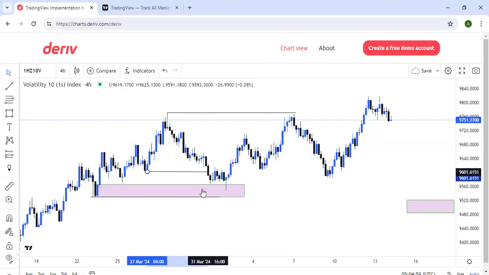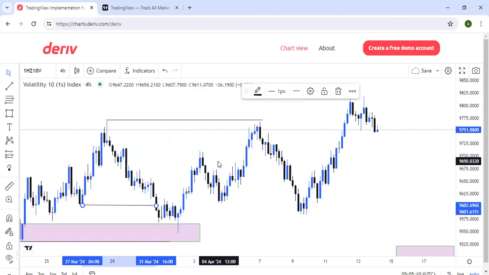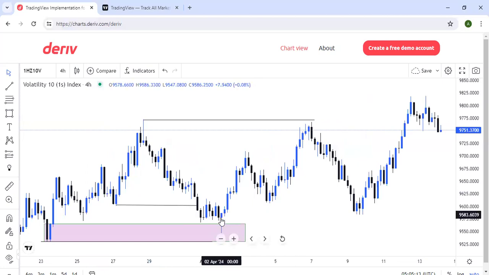Since it's on H4, you mark your zone. You should either be looking for a lower time frame entry, or if you want to use single candle mitigation, you have to do the same thing. Let me zoom in. This is the lowest candle, this bullish hammer candle. As soon as the next candle closes bullish and closes above the high of this candle, which is here,